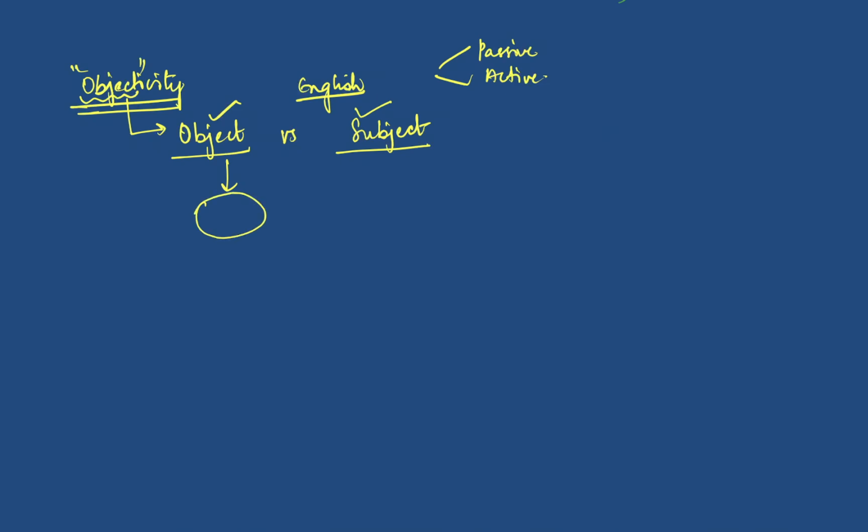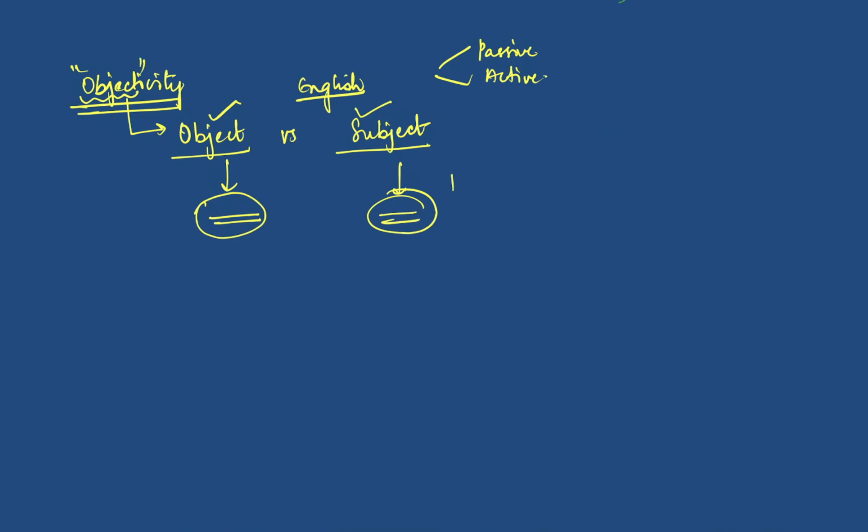before I go into this, let me just bring out this example here. Whenever we used to study English for the first time in our schools or colleges, and for people who don't speak English, I will give you another example. But for just an example's sake here, object versus subject. When we study English, we study passive voice, active voice, everything, right? And in that we use this dichotomy of object versus subject. We say that object is something which is there. It will be the same for every person, whereas subject keeps changing depending upon the preferences of the person or the way the person is.